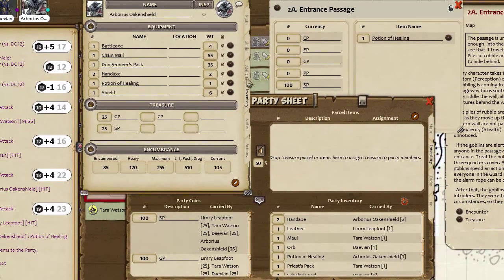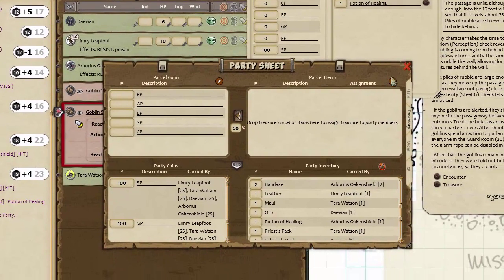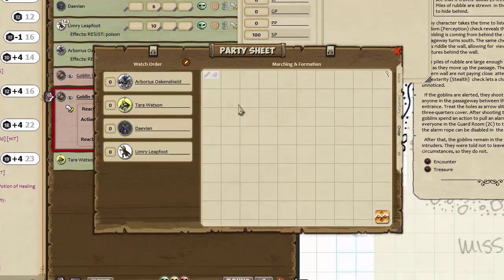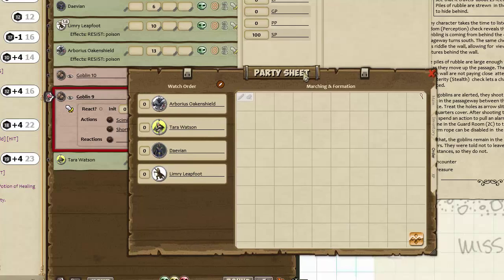And if I open up Arboreus' sheet and look at his inventory, there's that potion of healing. So really slick. I love the party sheet for that. The party order is not a big deal. The main thing you need to remember, though, if you do want to use the map side of it, make